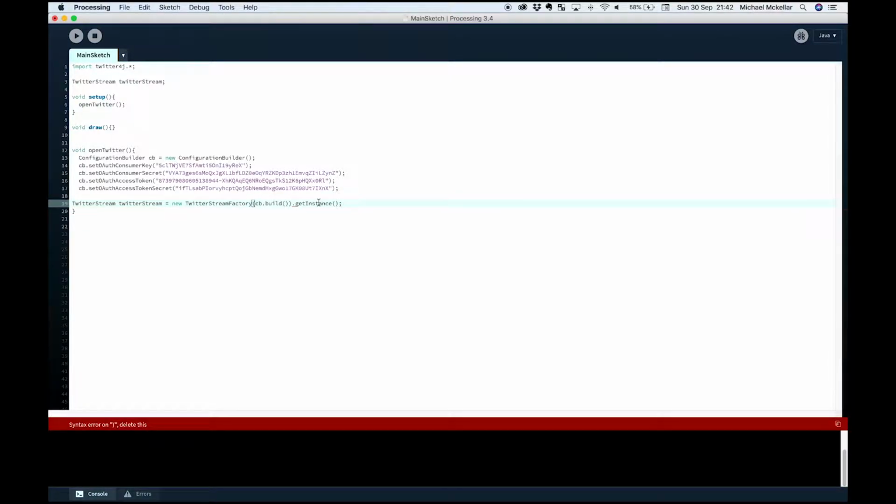One too many brackets. Okay, so now the Twitter stream object we declared up here, we initialize using something called the Twitter stream factory. We pass our configuration builder with something called the build function, and then we do get instance. So this is attaching an authenticated version of access to Twitter to our Twitter stream object using these